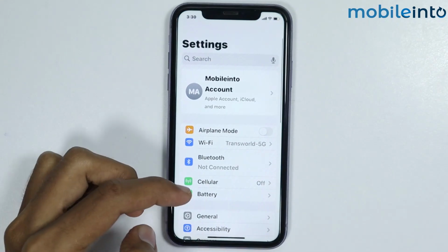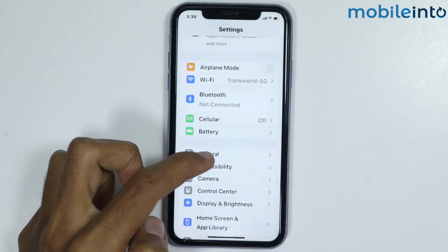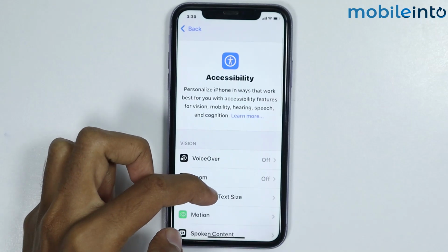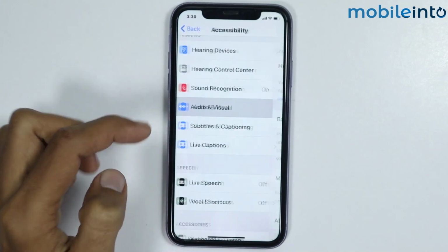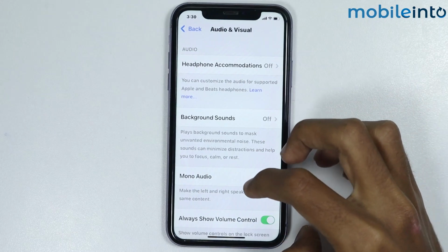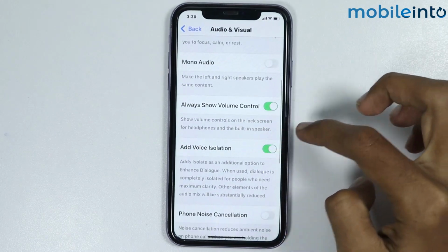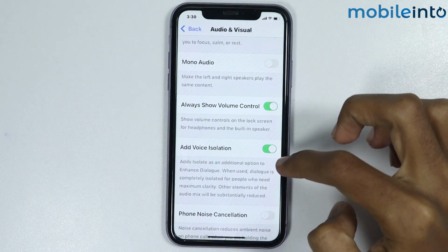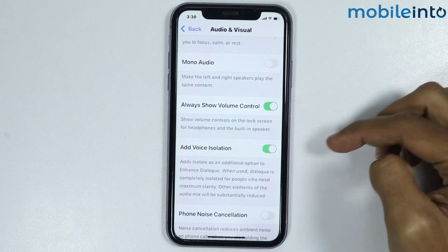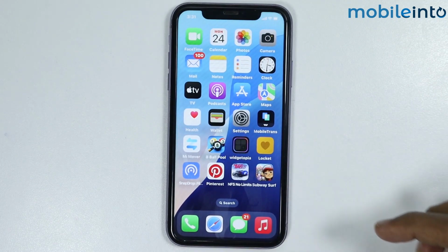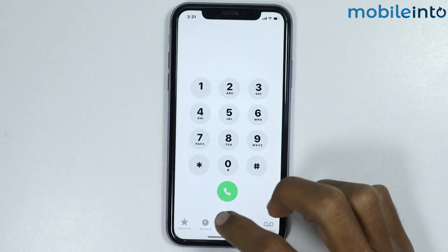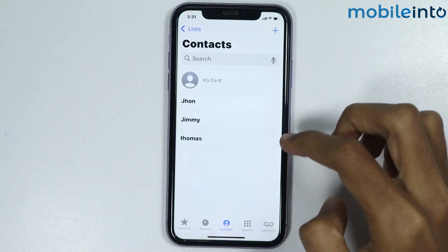Now from here, scroll down and tap on accessibility. Now from here, scroll down and tap on audio and visual. Now from here, scroll down and make sure you enable add voice isolation. Just like that. Now from here, if you receive a call or if you call someone, for example, if you